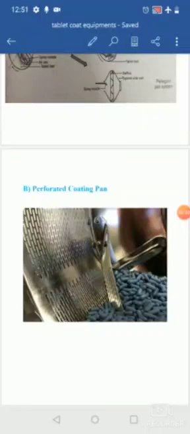From this the air is easily removed, so the tablets are dried more easily when compared to the conventional coating pan. Here it contains a perforated drum with many pores, which is rotated on a horizontal axis, like the conventional coating pan. Here the coating material is sprayed through nozzles or a sprinkler system placed within the pan. In most cases this type of tablet coating equipment has either a full or partially perforated drum, so either it contains half or partial or fully perforated drums.